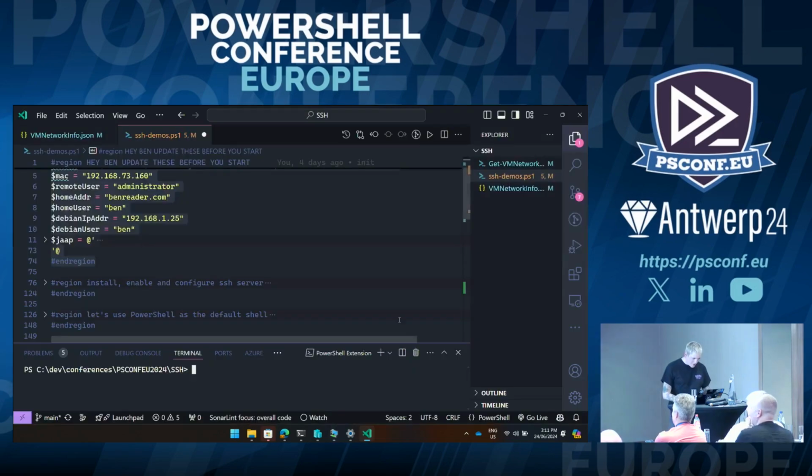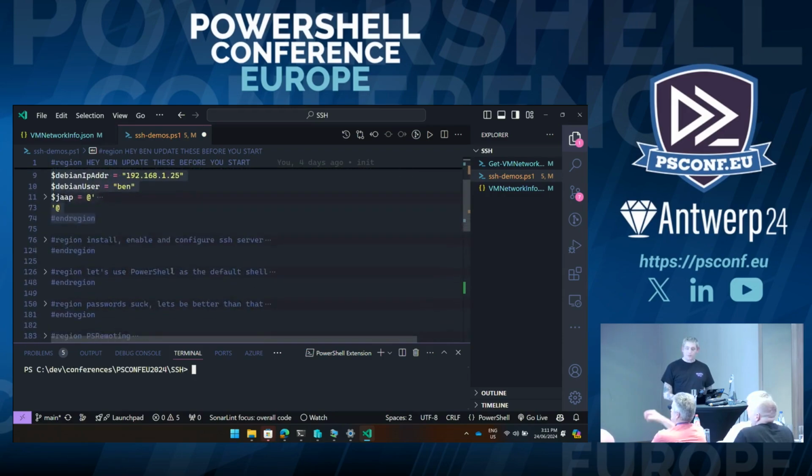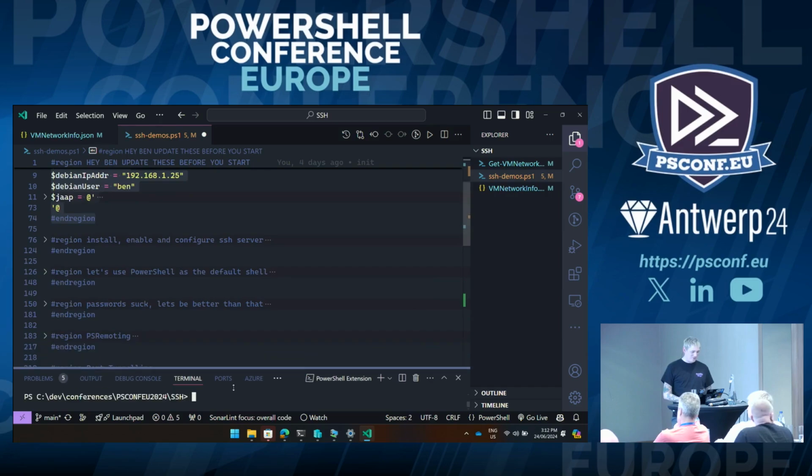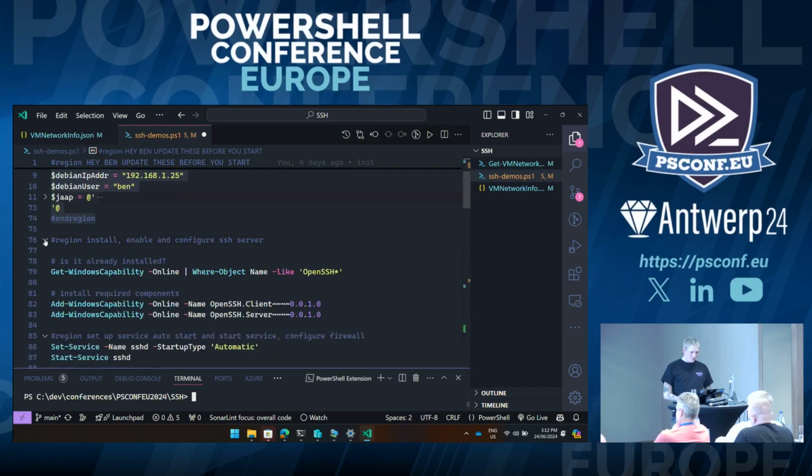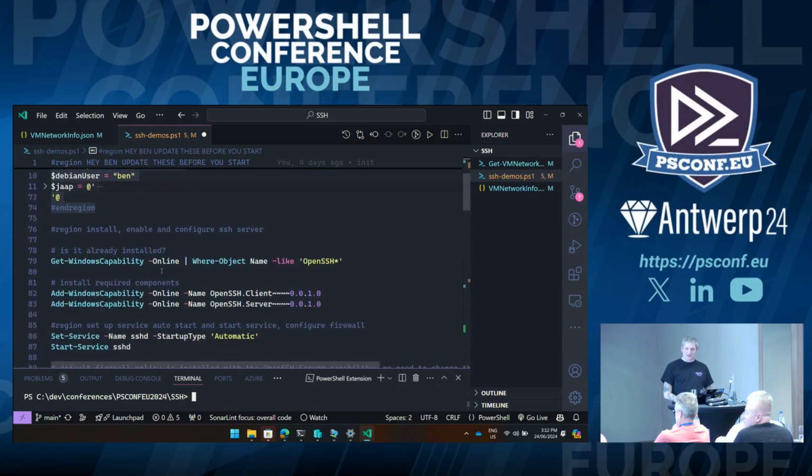Okay, so while we're waiting for that to come up, I'm just going to show you essentially what we used to need to do. Then we're going to jump onto that 2025 box and see whether we can actually continue. So the first thing, back in the current times, 2023 times, we needed to essentially check to see whether we had the capabilities available to us. We can solve that by literally just running Get-WindowsCapability -Online where the object is OpenSSH. That is generally, especially from 2023, I can't remember when it was actually introduced, but that would essentially say that yes, this is absolutely available.